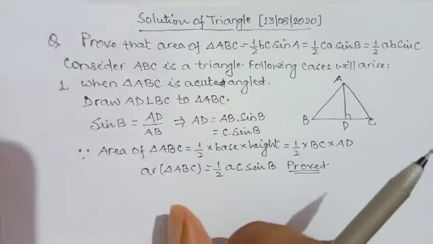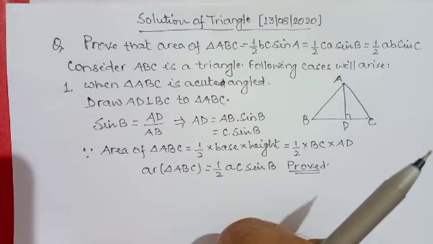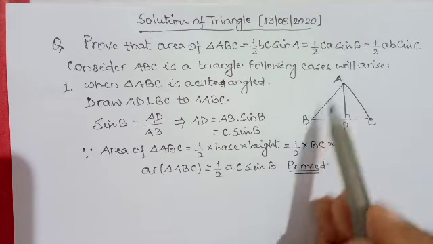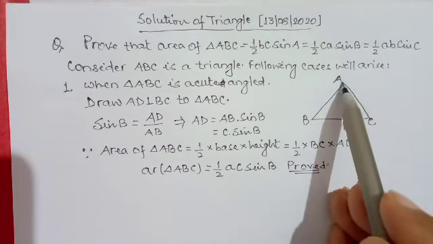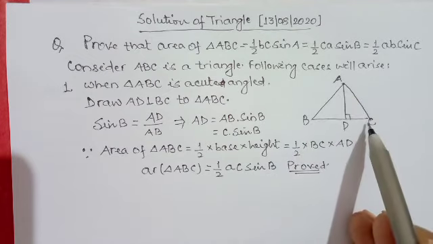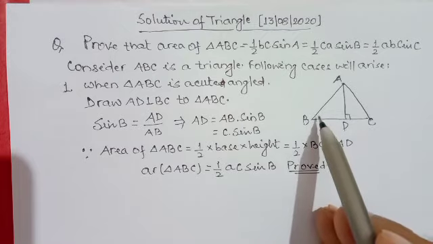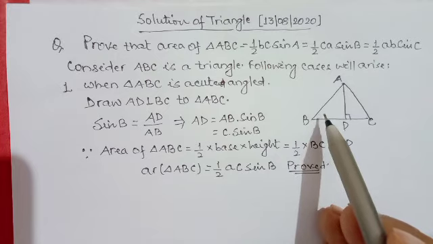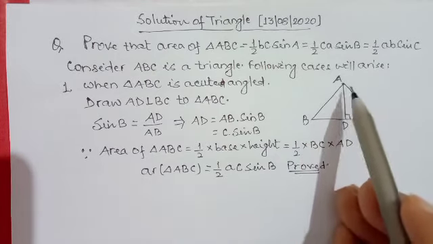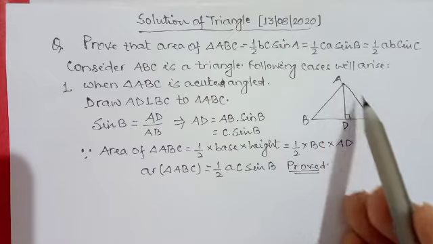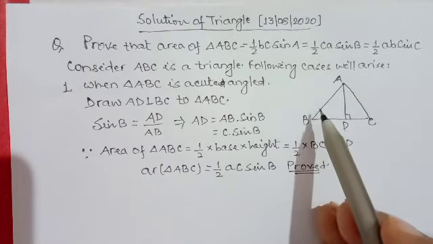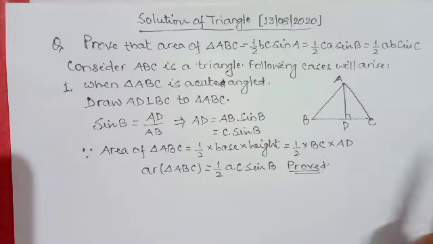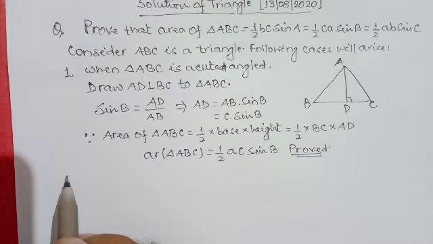Similarly, if we rotate the figure, naming B C A, if we take C A B, then it will be possible to calculate sin A, right? And change the name to A B C, then sin C can be calculated. In this way we calculate the area of triangle. Now see the second case.